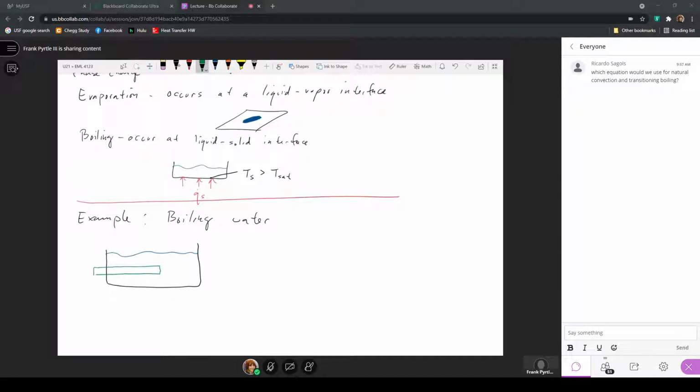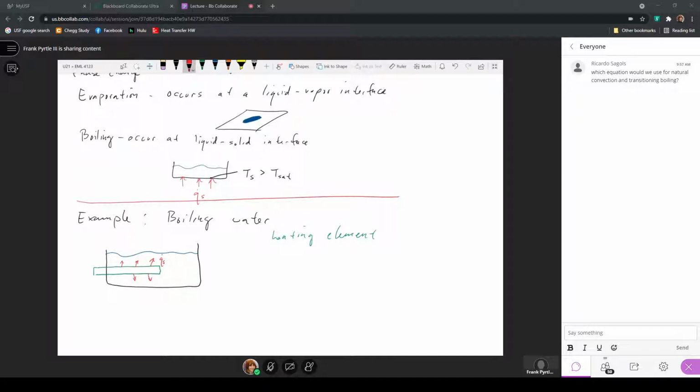So we have this heating element. And from the heating element, we have a heat flux. Actually, we'll just consider it from the perimeter here. A heat flux from the surface that will be supplied in order to heat the water so that we get